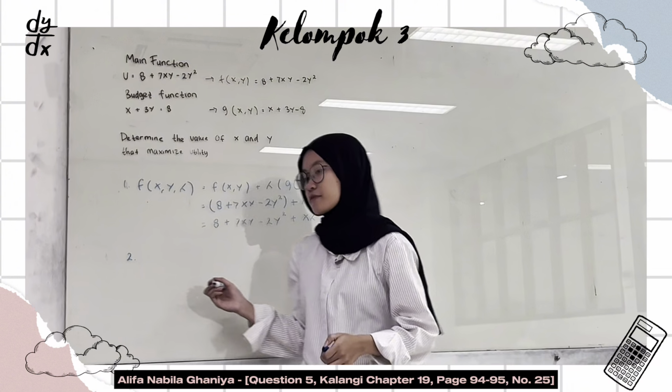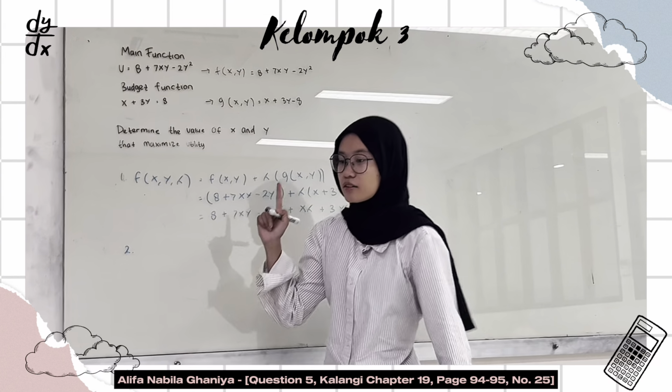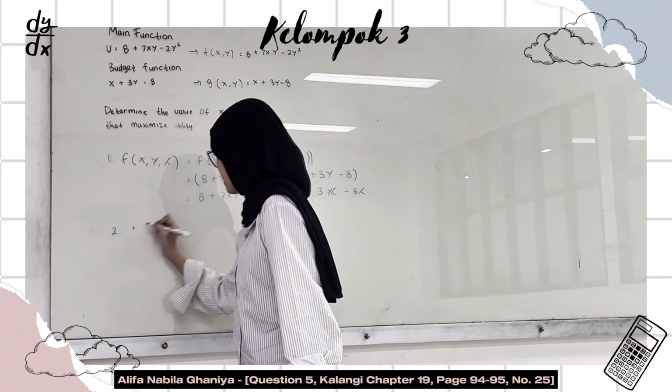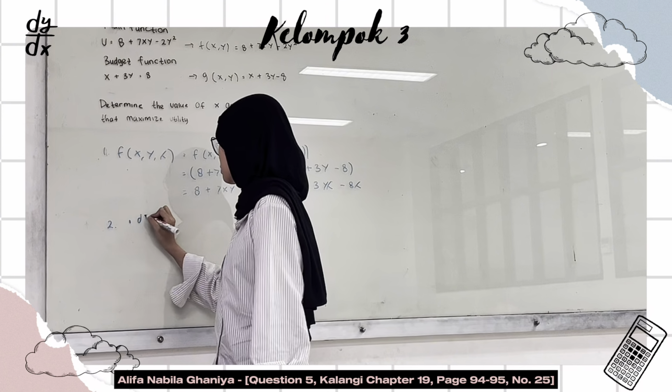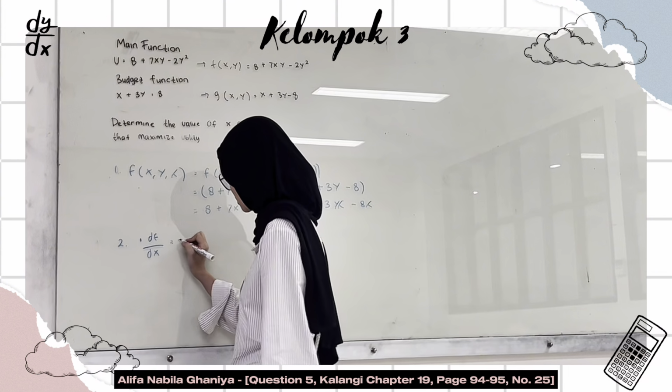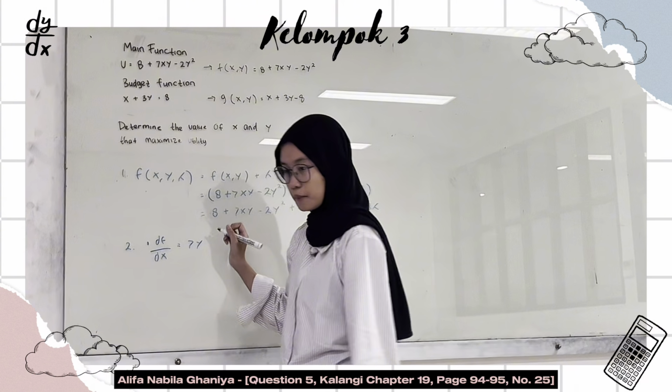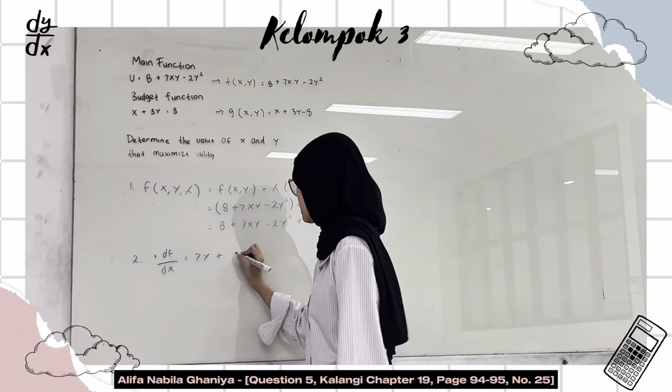The second step is to find the derivative from the function for getting the new function. First is dou f per dou x. And then we make it equal to 0 for find the lambda function. So y plus lambda